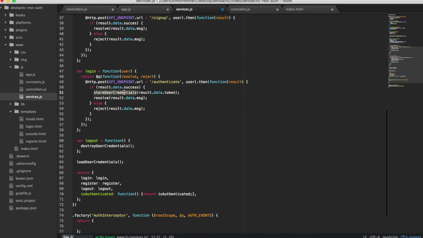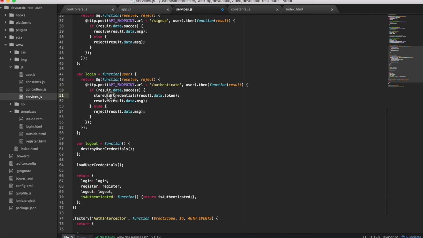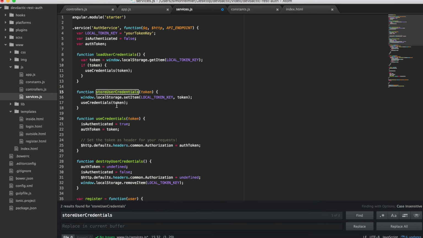So we store the credentials and resolve the promise, otherwise we reject the promise with the message we got from the backend. So our store user credentials method only sets this item to our local storage using this key,